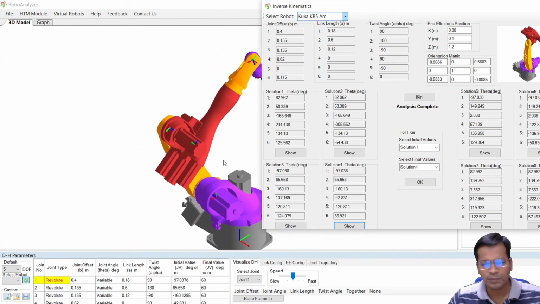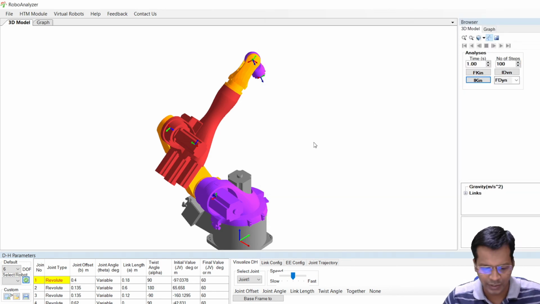So physically there may be only 1 or 2 solutions which exist for the given pose. That is why the actual robot is not that confused. It knows its joint limits and it never goes to the orientation that you don't want. It always works in an elegant manner. So physical is easier, doing mathematical is also easy. I think that's all. With this demonstration I'll end this inverse kinematics now. Any queries, you can definitely come.